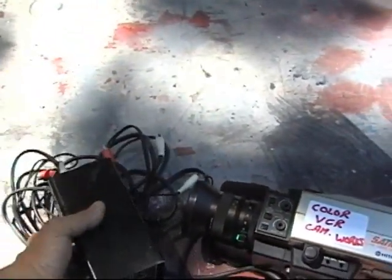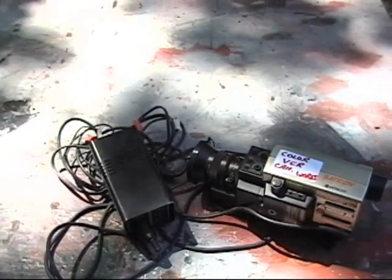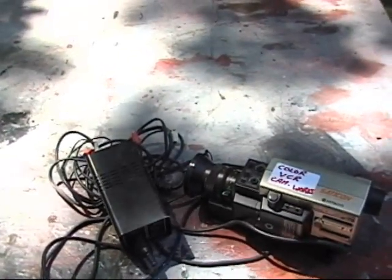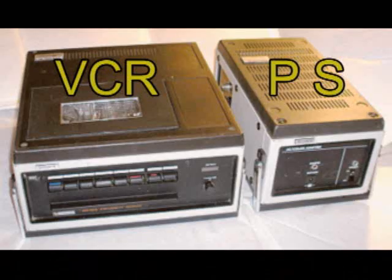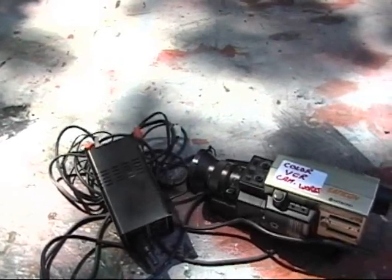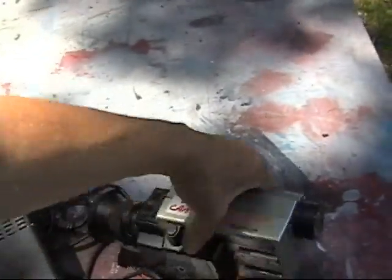But those of you who remember carrying full-size portable VCRs over your shoulder with a strap. The portable VCR, which you see on the left, was usually in a carrying case with a strap to carry it around. It had a battery in it. The unit on the right is the power supply for using it at home, as well as a tuner to watch TV on. And then hauling this thing around,